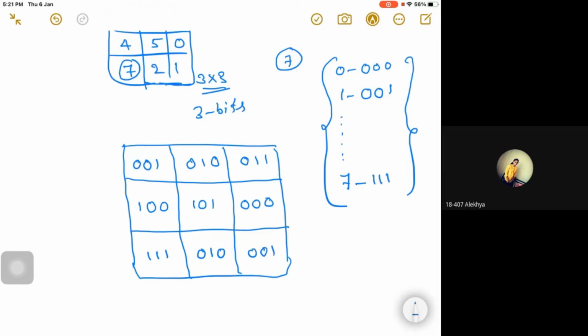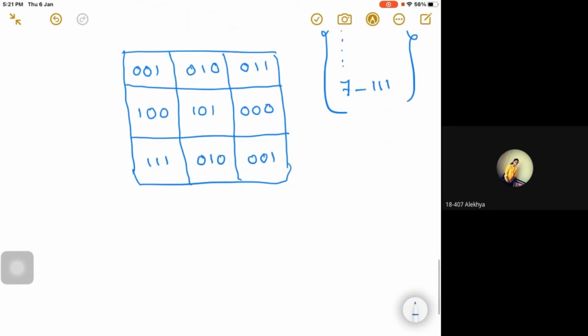Now what we have done is very simple. All the given decimal values we have written in terms of binary, nothing more than that. Now using these binary bits of each pixel, how to divide them into planes? Here we have only 3 bits, so it can be divided into only 3 planes. Let us consider the 3 bit planes: the leftmost is MSB, and what will be the rightmost, Alekya?